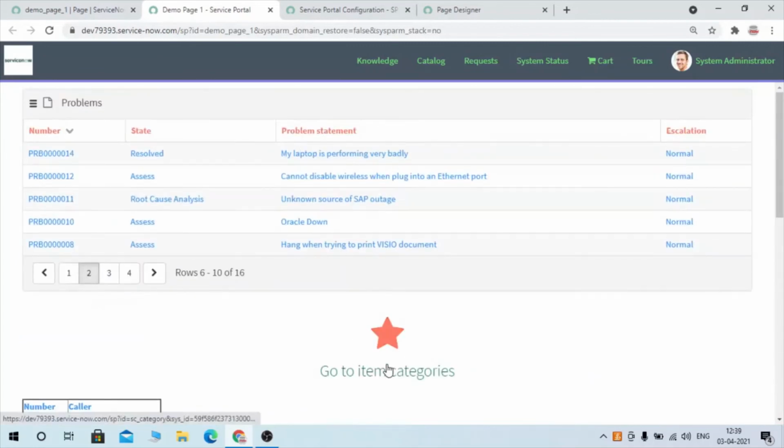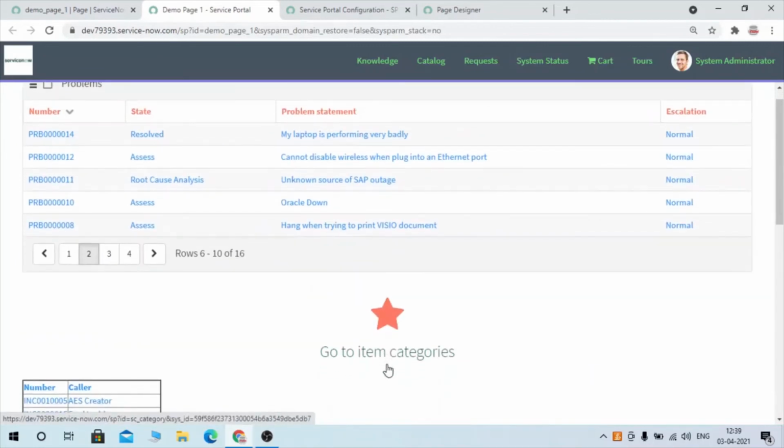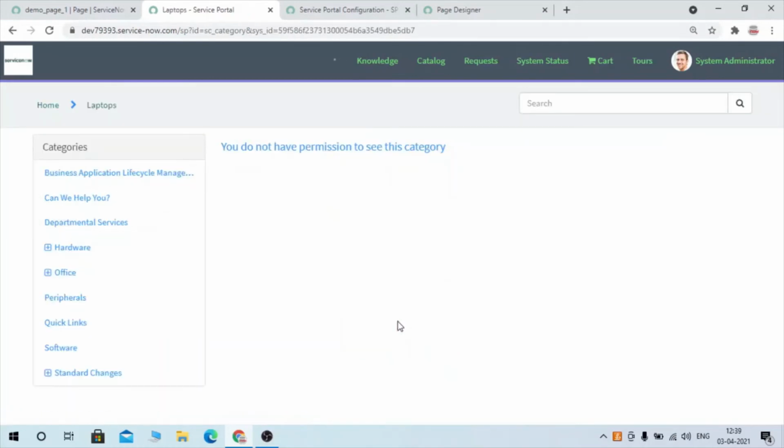And in the second row, column 2, we had created one link, go to item categories. Once you click on it, you will be redirected to the category-based page.